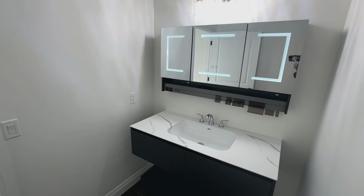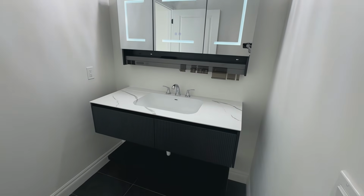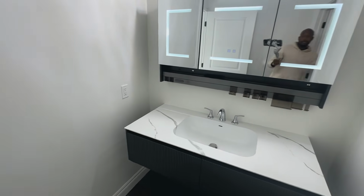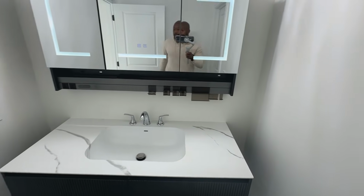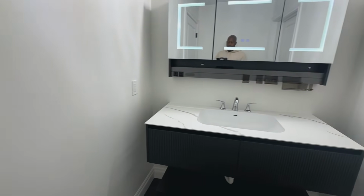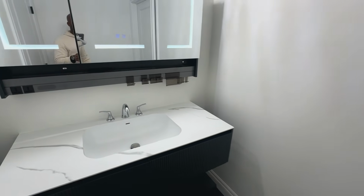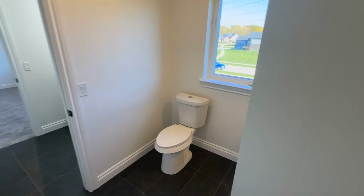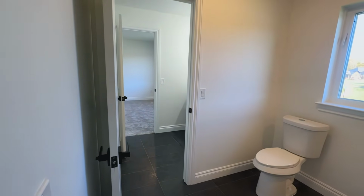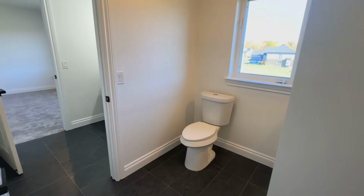I do like these separate sinks. Sometimes I think that it's a bit much because you got doors everywhere, right? So like if we close this, you have a door here that goes to your room, and then you brush your teeth, you wash your face and everything, and then you got another door right here. So sometimes I do think that there's just a lot of doors everywhere. You got a door there, you got a door there. Sometimes, just in my opinion, I think there's just too many doors. But